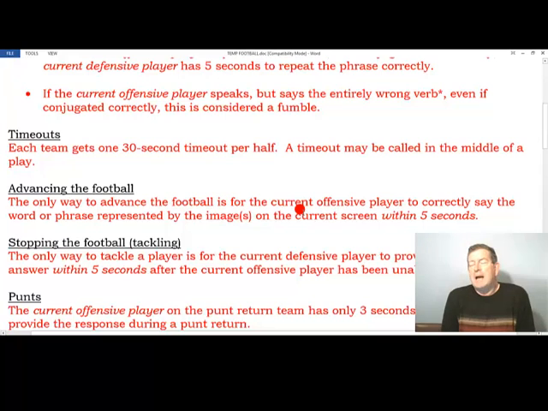They may call a timeout just to discuss strategy, but they also may call a timeout because it's a running clock otherwise. It may be called in the middle of a play, and here's why. If the team captain recognizes that the next player is probably not going to say the verb correctly, either they have the wrong verb resulting in a fumble or incorrectly conjugate, the team captain may call quickly for a timeout in